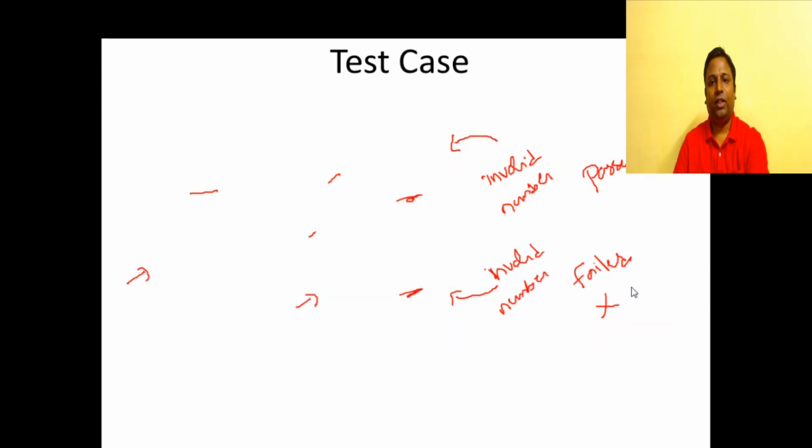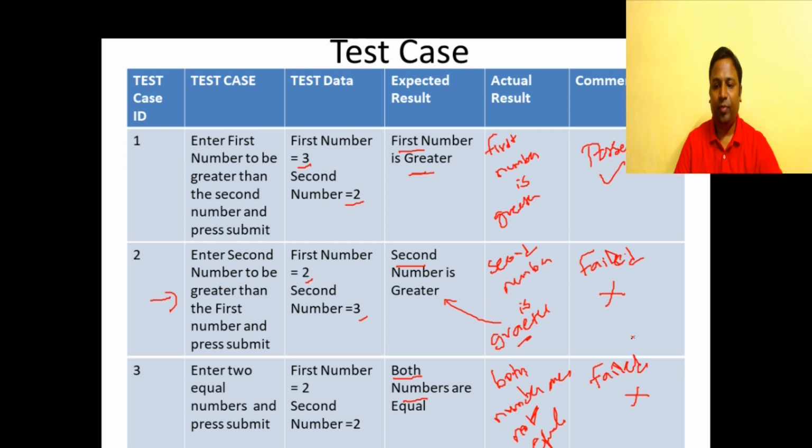So when you take a look at the test cases, we have many test cases that has failed. Unless and until the programmer fixes all the test cases and these test cases pass, we will not approve the code to the next level of testing. So we have found some defects in the code. So these are defects because the system is not behaving the way it should be behaving, because the system is not giving an output that is expected.